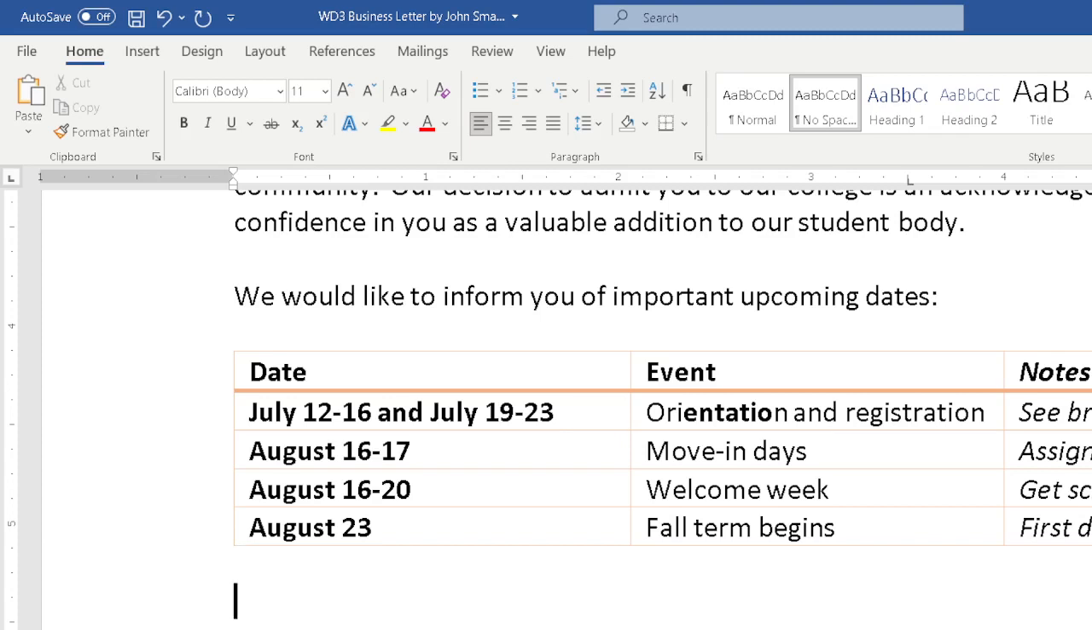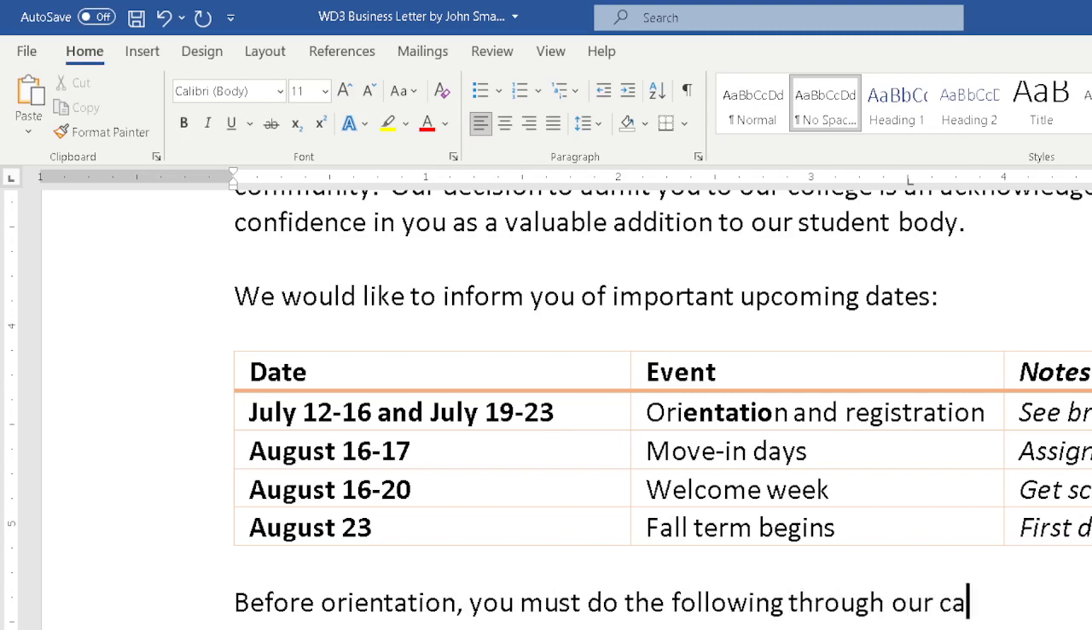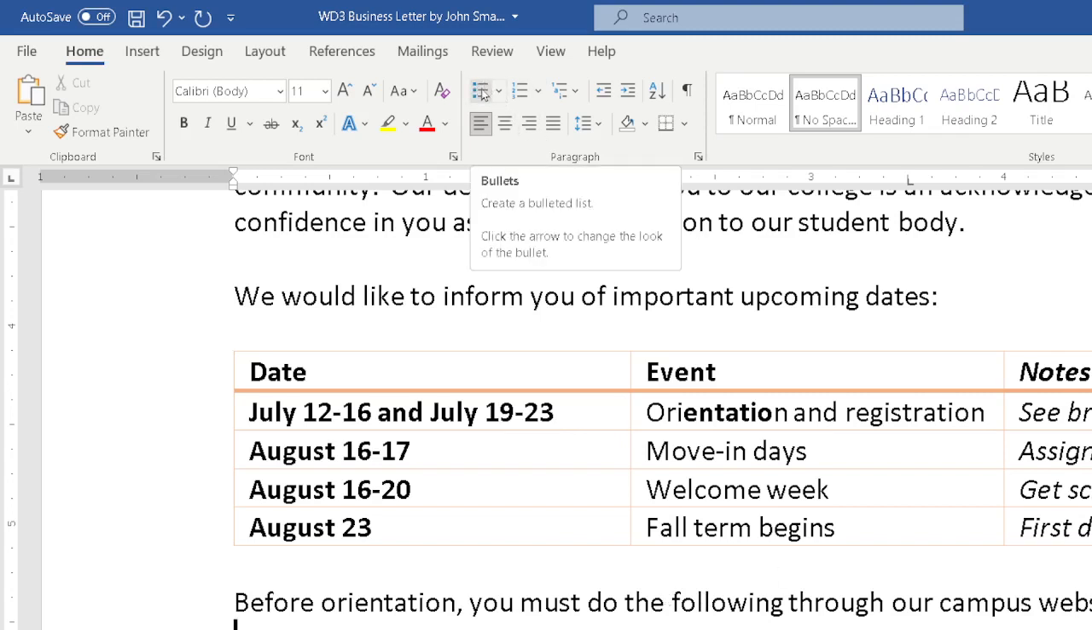But we're going to have a little bulleted list here. So we're going to start our bulleted list with its introduction. Before orientation, you must do the following through our campus website. And what's following is going to be a bulleted list. I could always type the text and then make it bulleted, but let's start the bulleted list right now by clicking bullets, and now start entering our bullet items,